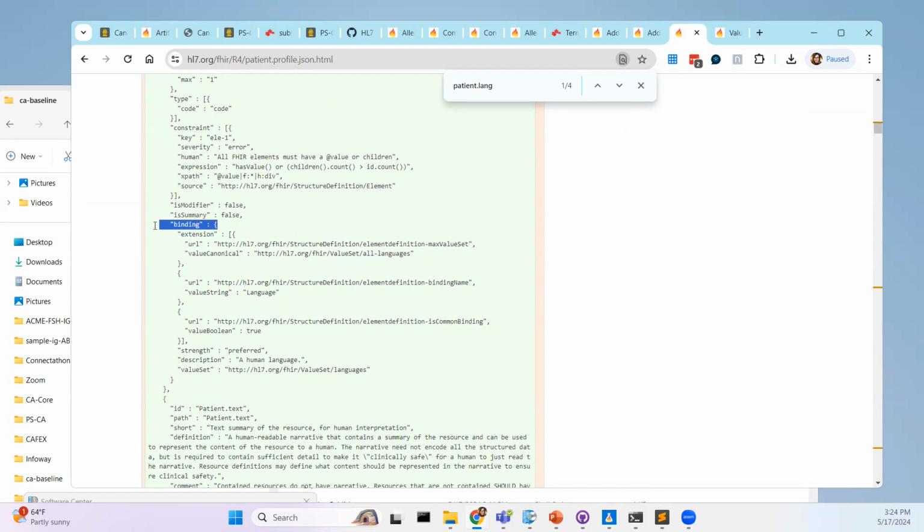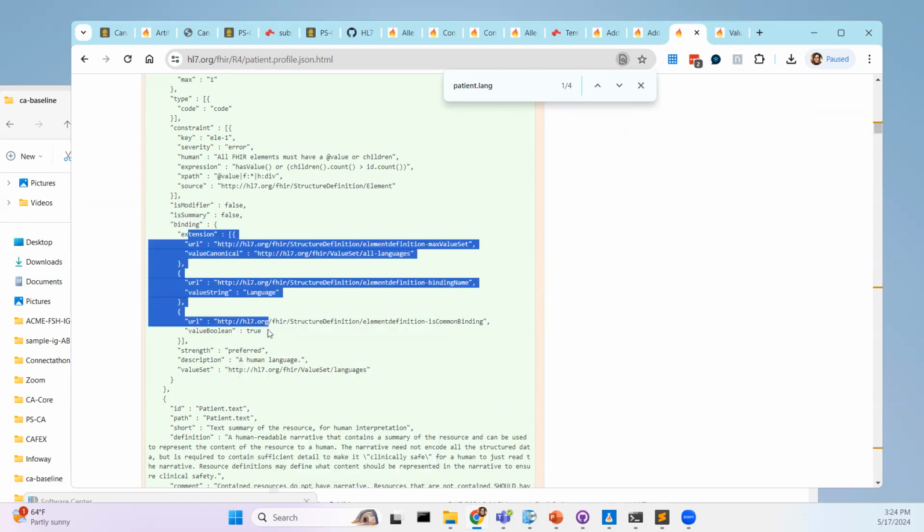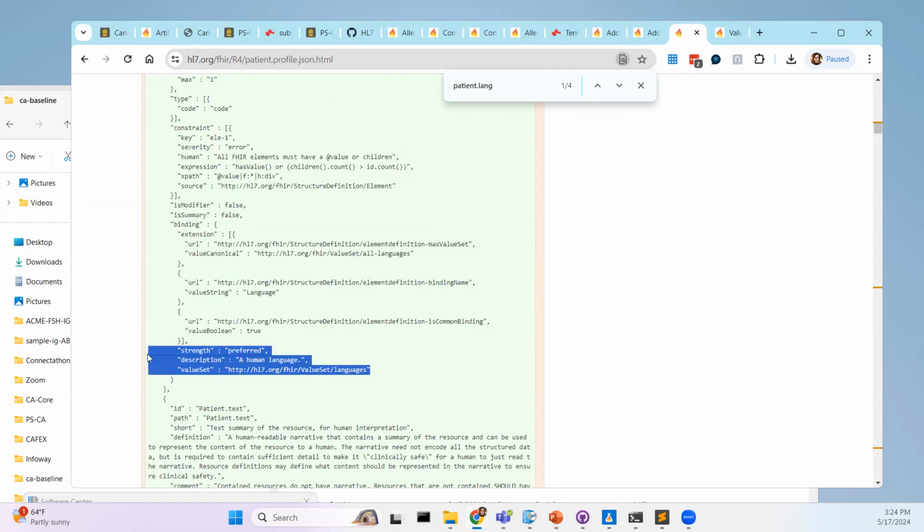So we have the binding in this example, and this always messes me up with extensions, but the order, like in JSON, I know the ordering is less important, but at least from a review perspective, the extension is going to be coming before the actual primary binding in a lot of the profiles that you might look at. So here's the primary binding, right? So this is that languages one. They're saying this is preferred. And so,